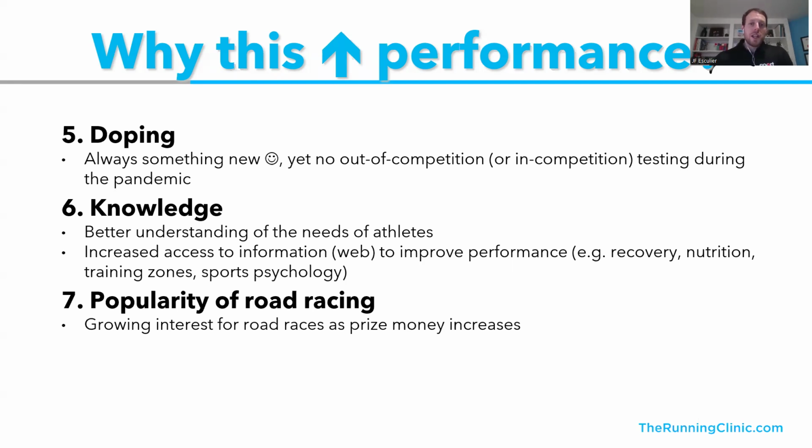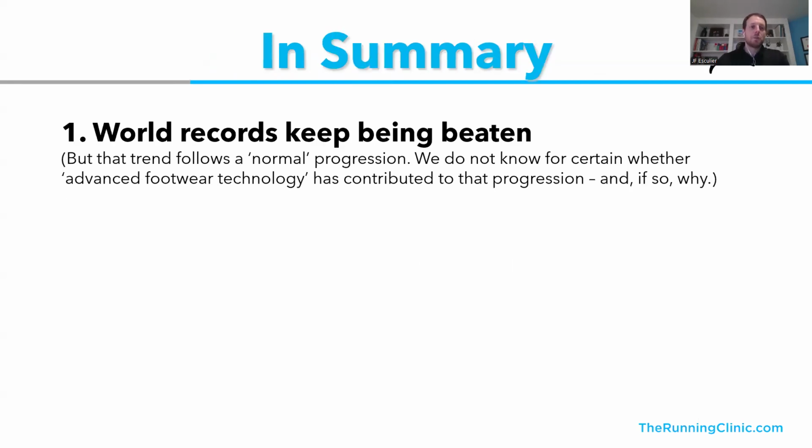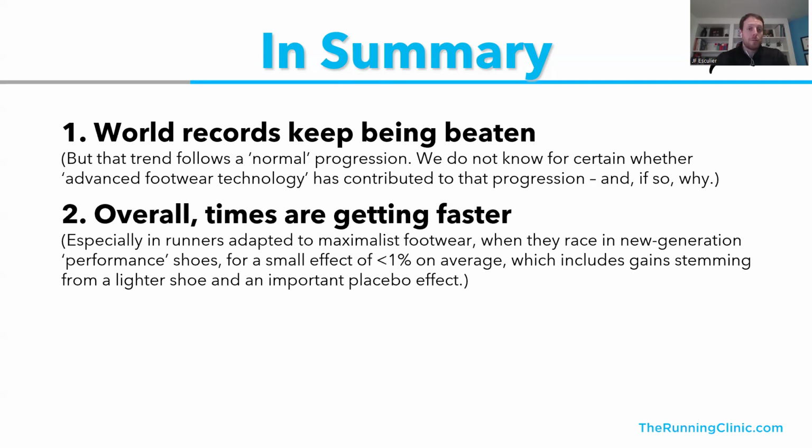So in summary, where are we at? Well, world records keep being beaten because it just happens, but they follow a normal progression. We don't know for sure if the carbon-plated shoes have contributed to that progression, and if so, why. It's one piece of the puzzle. Overall, times are getting faster. The effect is small. We're talking about less than 1% on average, maybe around 1% on the marathon, but definitely